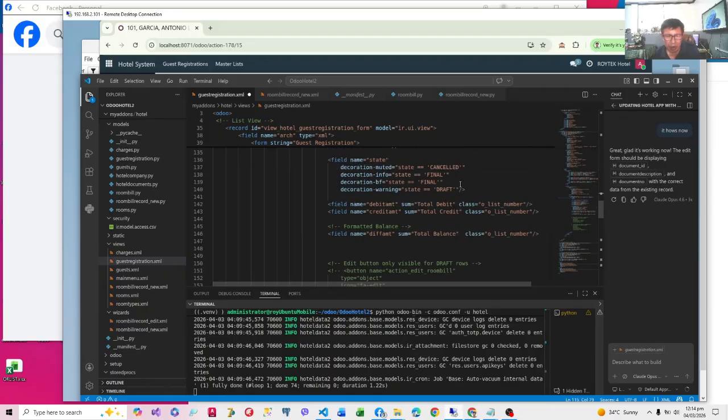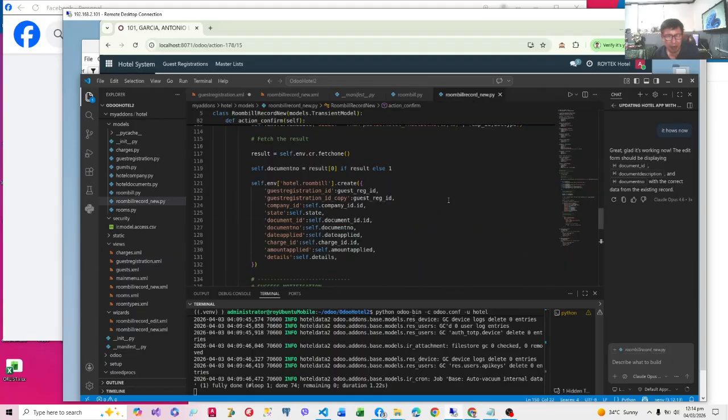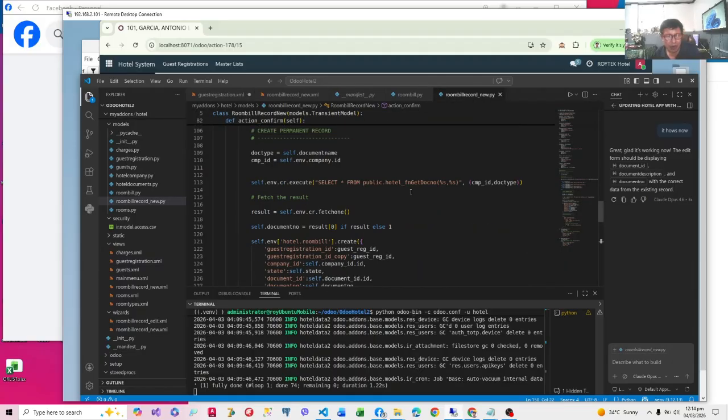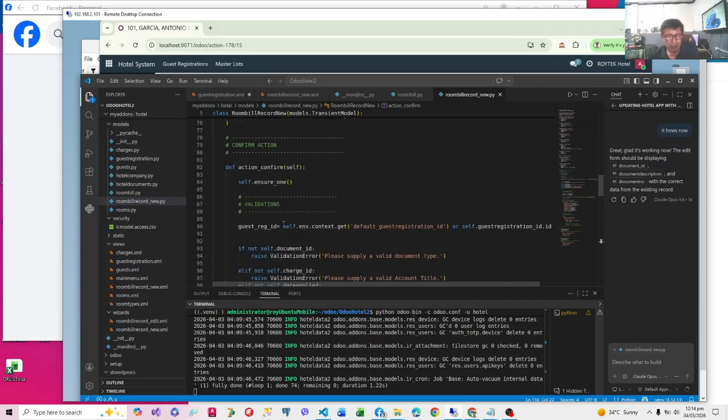So what we're going to do is pass the registration primary key. We declared a new variable called default guest registration ID, which stores the primary key. Because if you look back at our room bill record new.py, before we save, we are going to get that primary key. How do we do that? We have self.env.context.get.